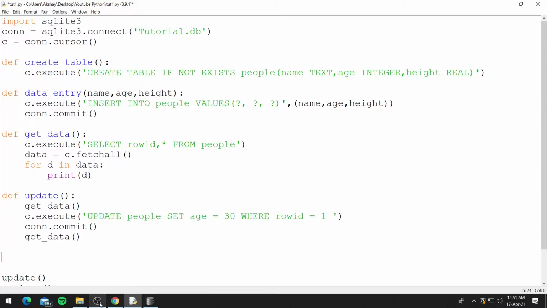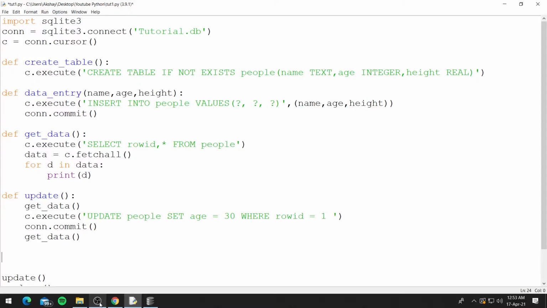There are a bunch of other reasons to backup a database. But for example, let's say you are going to update or delete a lot of rows in the database. You execute the delete query and then you commit the changes. And when you look at the data, you realize that some of the rows that shouldn't have been deleted are also deleted because of some mistake. And now the data is gone. But if you have a backup, you can restore your database or the table to its old state. So that is why it is important to backup a database.